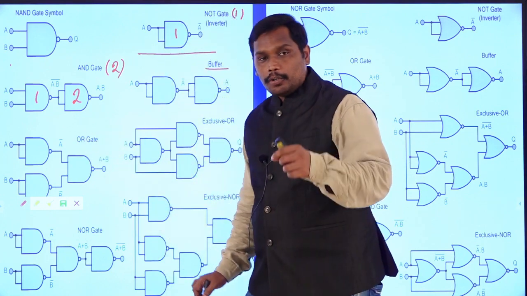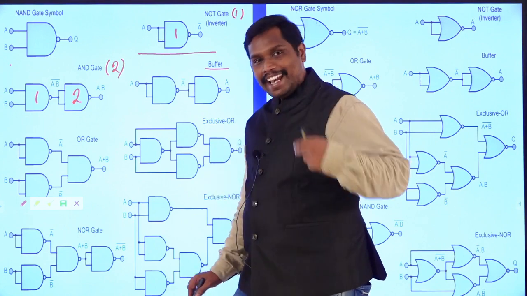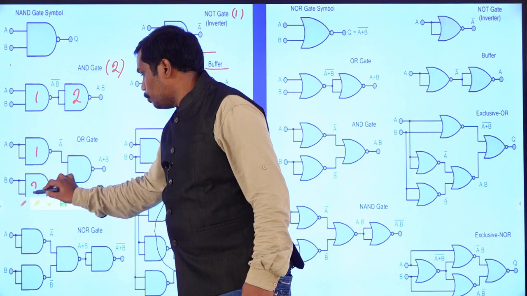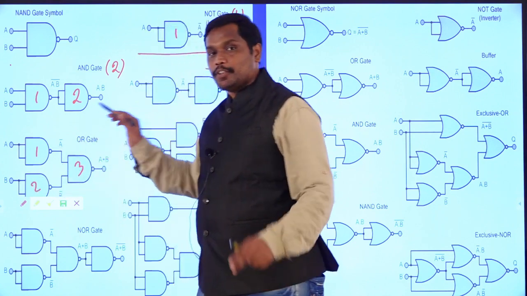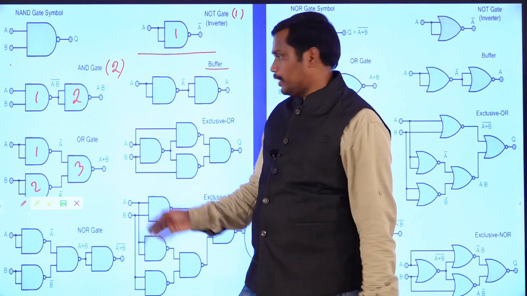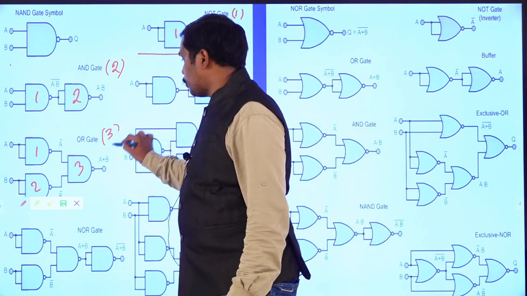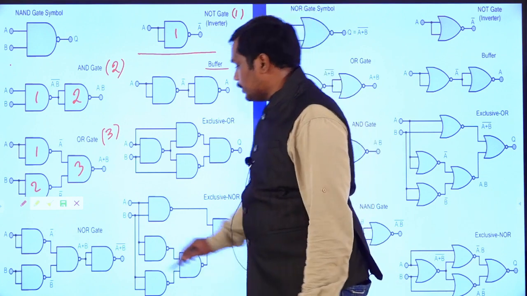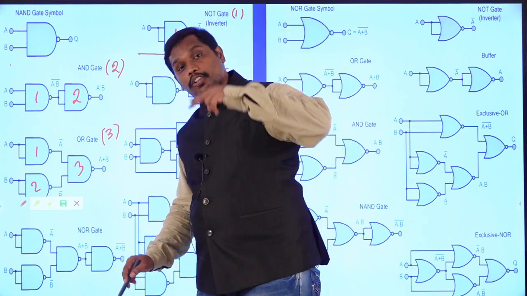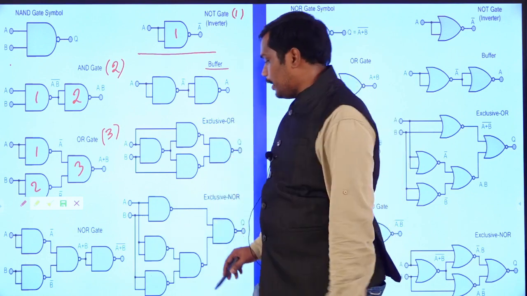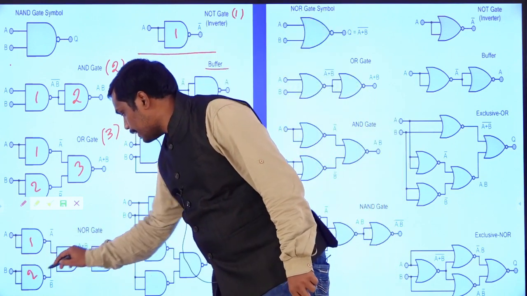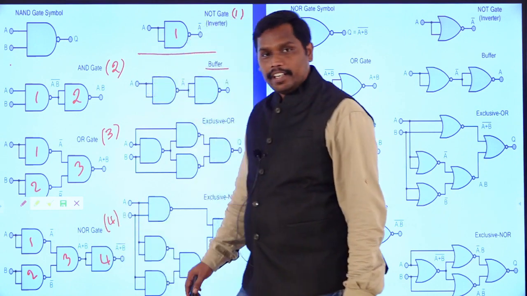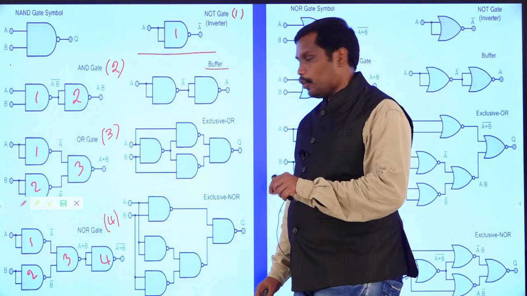So OR gate, in order to represent OR gate with NANDs, as we have seen in the previous diagram, 1, 2 and 3. So if you are having 3 NAND gates, you can have an operation of OR gate. So here for a OR gate you are going to have 3 NAND gates. And now in the same way you can see the NOR gate, okay. So NOR gate can also be expressed with NAND gates. So for the NOR gate you will have 4 NAND gates. So 4 NAND gates. Are you getting it? So NOR gate is having 4 NAND gates.